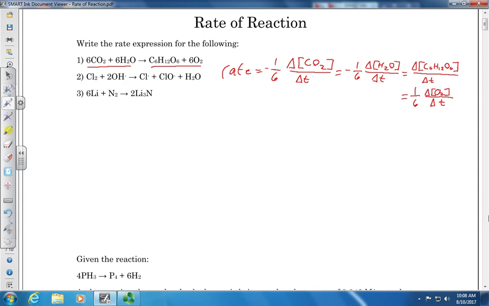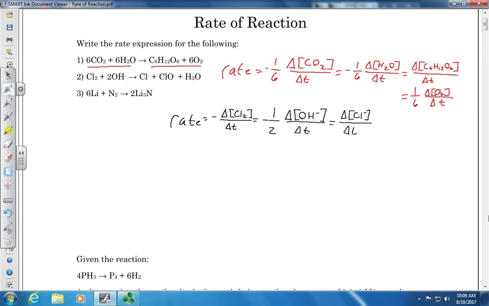Number 2, switch over to black for number 2. Number 2 is going to have rate is equal to negative the change in concentration for Cl2, molecular chlorine, over the change in time, which is equal to negative, again, because it's the reactant, negative 1 over 2 times the change in concentration for hydroxide ions over time, which is equal to positive 1 over 1, so we're just going to leave that as it is, change in concentration for chloride ions, which would just be chlorides, over the change in time,